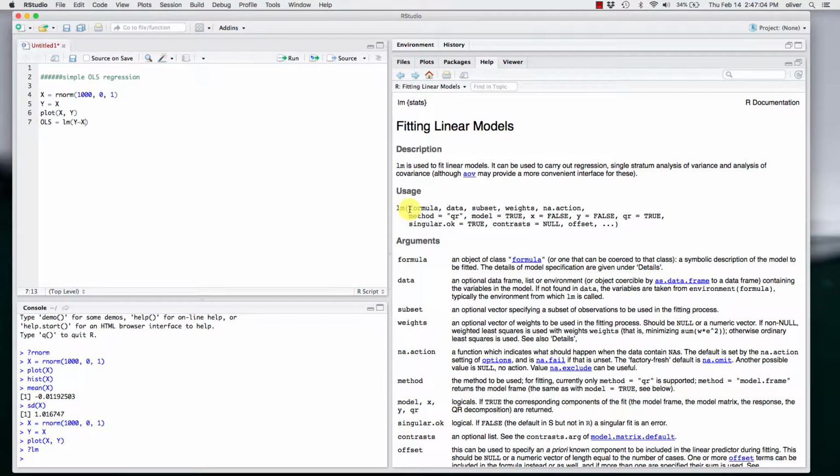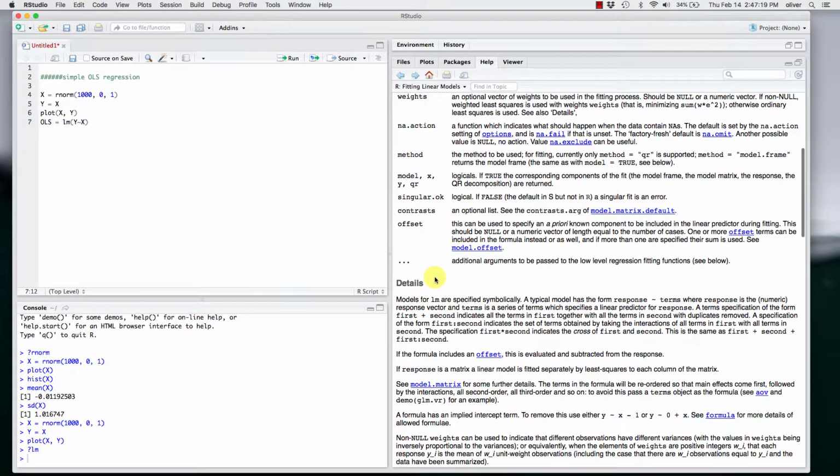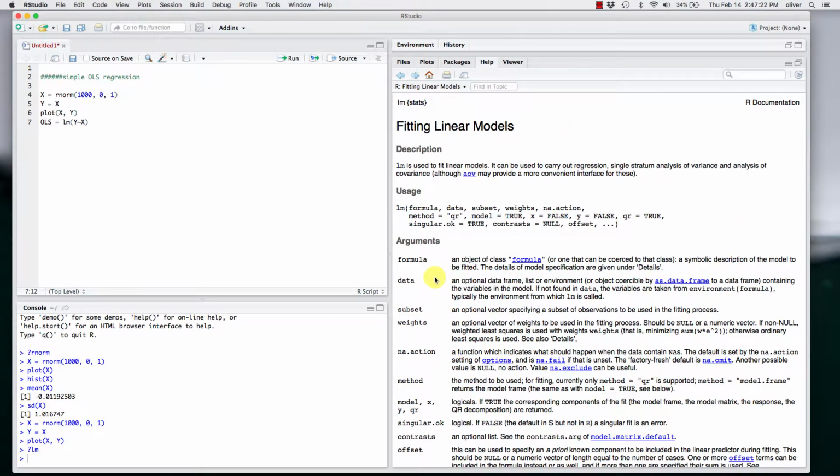Our first element is called the formula, and in this case we say that y, or our response variable, is some function of x. That's what we want this model to estimate. We don't need to deal with any of these other elements. This is a very powerful function, but this is a very brief overview. So if we go back and we run our OLS,